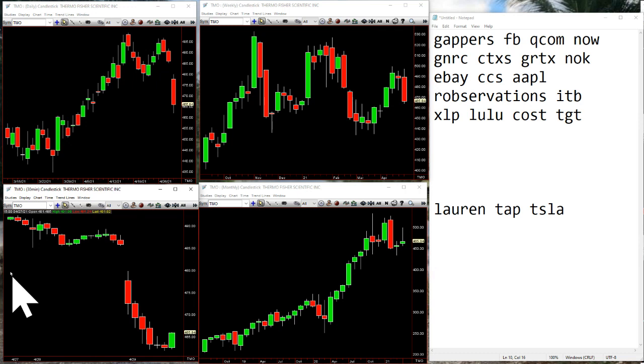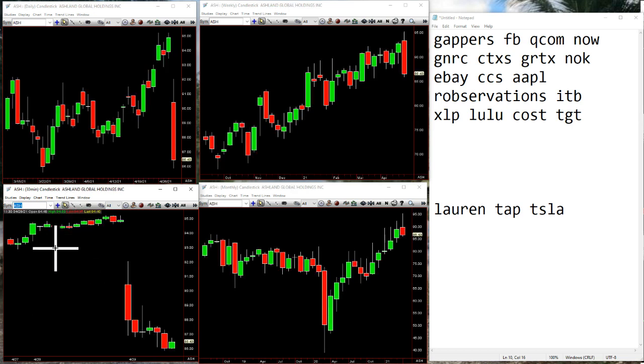If we go to Ashland. Ash, once again, back to previous range. 2 up by taking out that high, and then boom, stop all these guys out. We'll see if it's weak enough to come all the way down to here, like a lot of things here firming up. If we go back to the SPY,